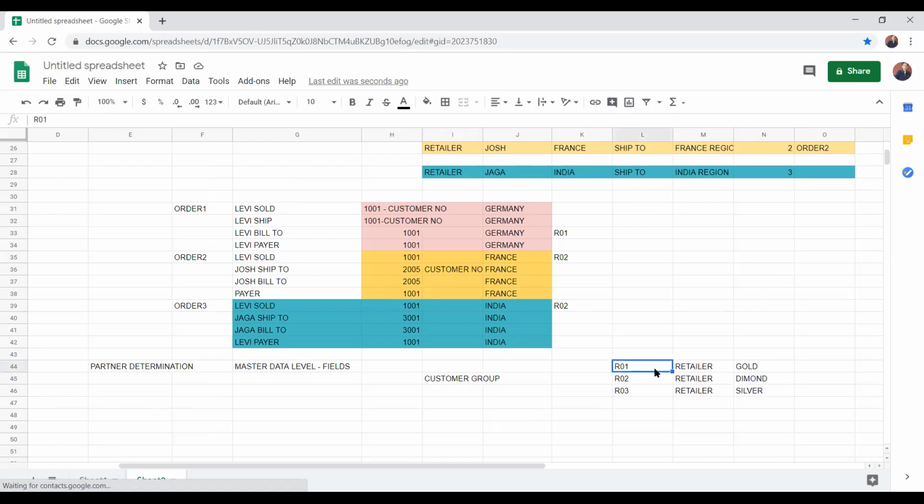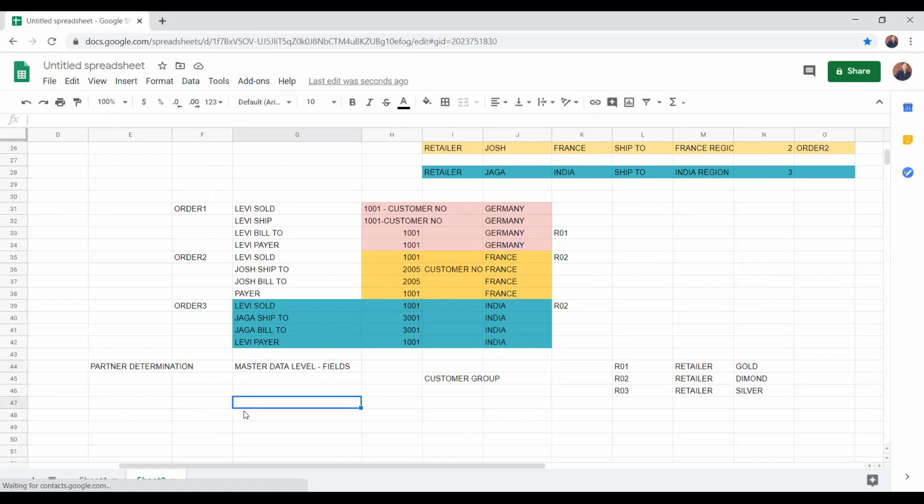This is one field example I have given you. Like that, a number of fields will be there. Those fields will be defined at a configuration level or customization level. That is master data level field configuration. Like that, a few fields will be available in different areas, and I will show you those. Depending on the need, concept to concept, we keep getting back to the same area and keep touching customer master data continuously.